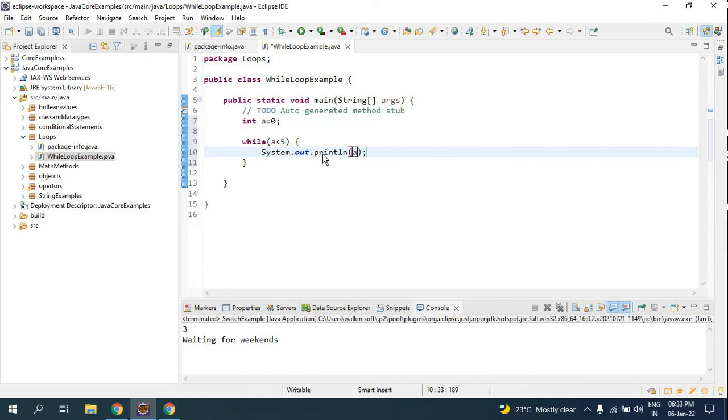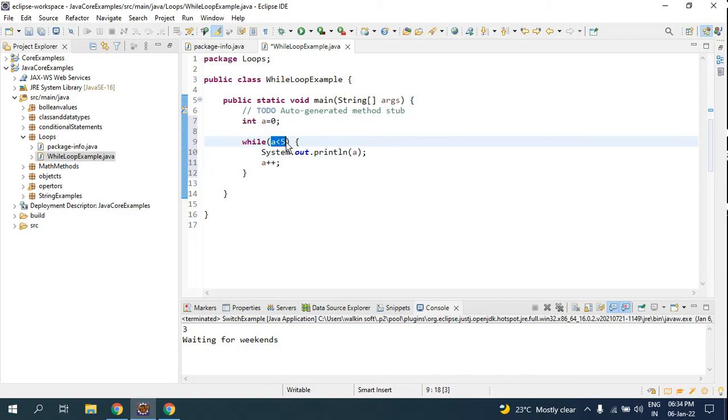Now what I did is that at first the value of a is 0, so when I run this, a is 0. After that, it gets incremented, as I told you that day, pre-increment and post-increment. This gets incremented until this condition matches. Look, the condition is a less than 5. So until a is less than 5, I'm able to pull out all the elements that are less than 5.